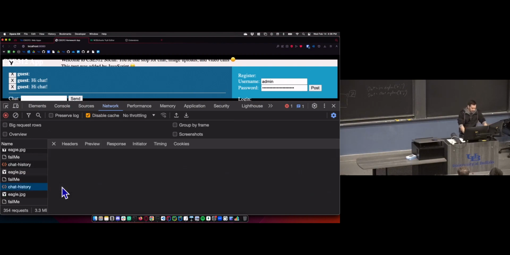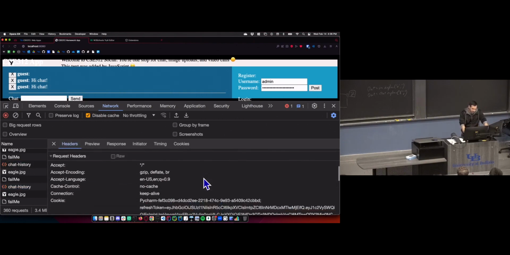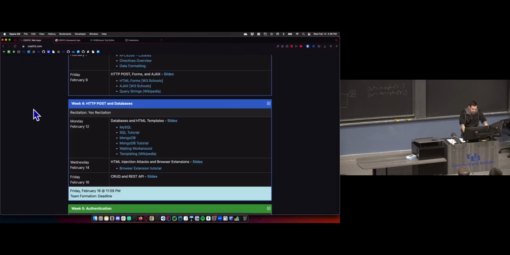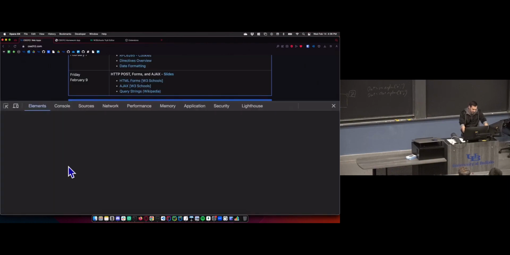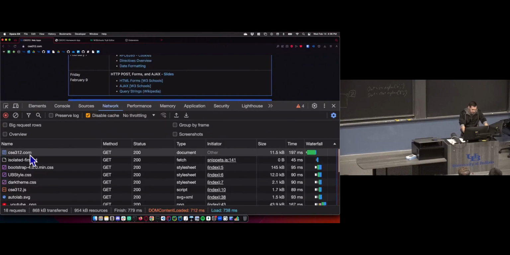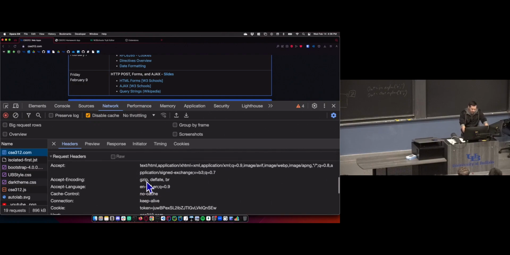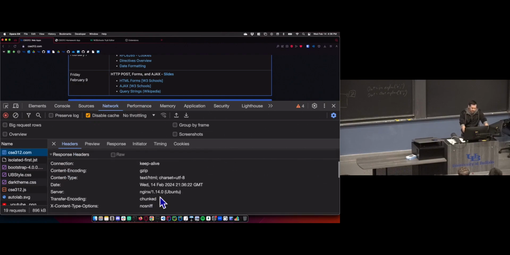So if you want to look at your headers, there is one that I'm glad I remembered. I have to go to one where I actually use it. You can go to your headers, all your request headers that the browser sent, and the response headers. One very important thing to check here is your nosniff.